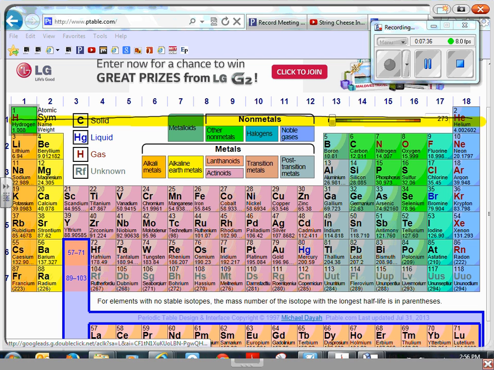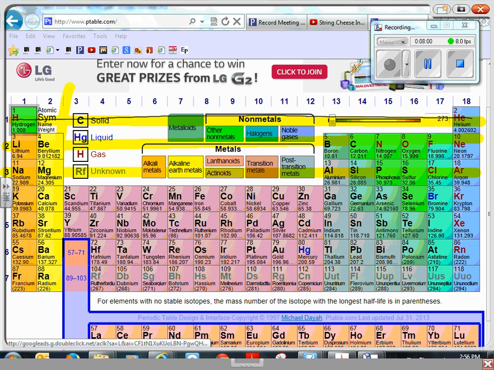Period 2 has lithium, beryllium, boron, carbon, oxygen, fluorine, and neon. So that has 8 elements. Period 3 has 8. And then we go on and we'll talk about